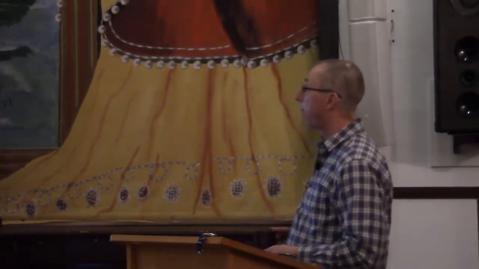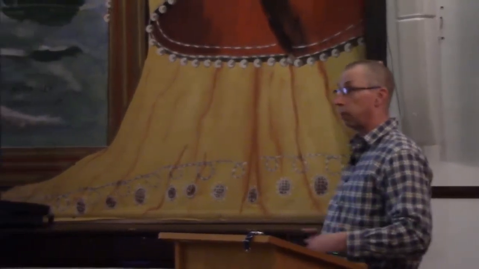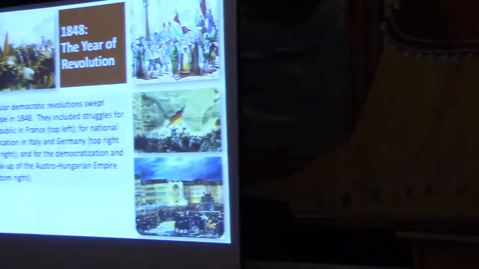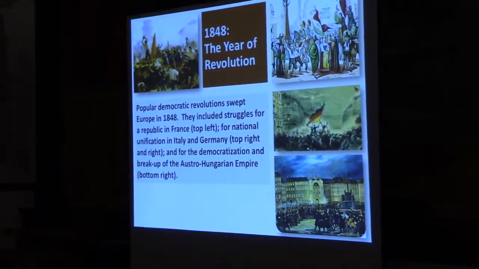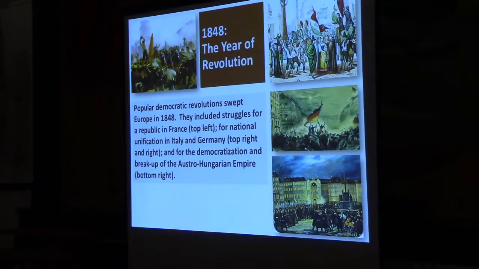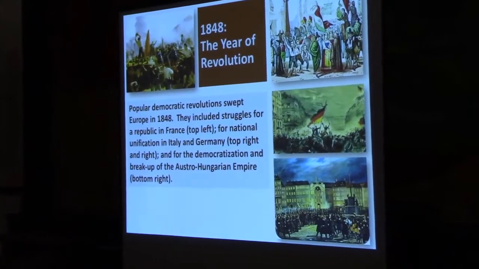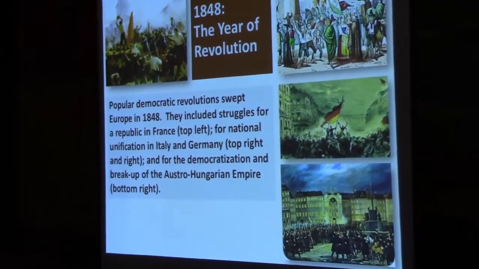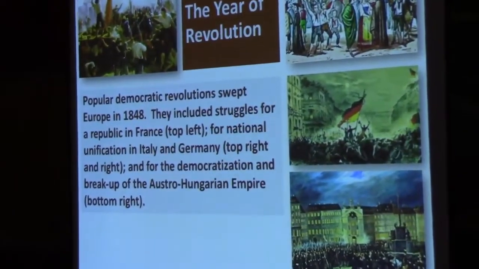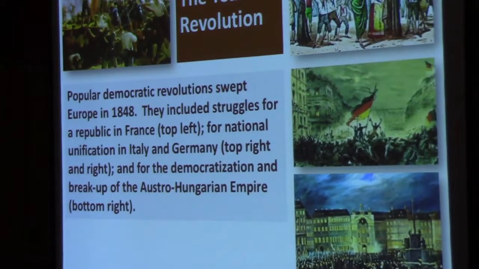In France, this is the final overthrow of the French monarchy, the establishment of the Second Republic in Paris. In Italy, a revolution to bring about the unification of the Italian peninsula, all the small little states and principalities of the Italian peninsula. In Germany, a revolution to create a unified German nation state out of all the small states and principalities there. A revolution in the Austro-Hungarian Empire to fight for the independence of the constituent states of the Austrian Empire. So a whole series of